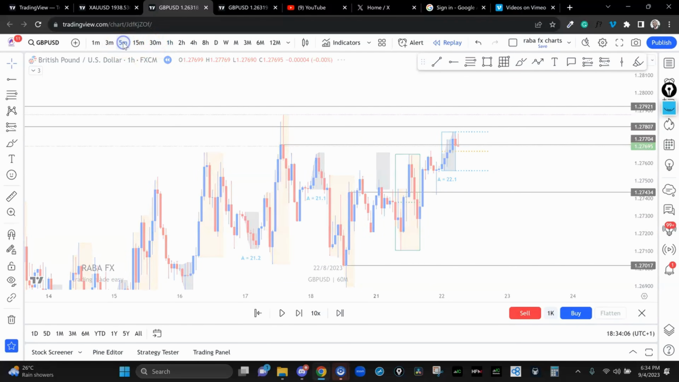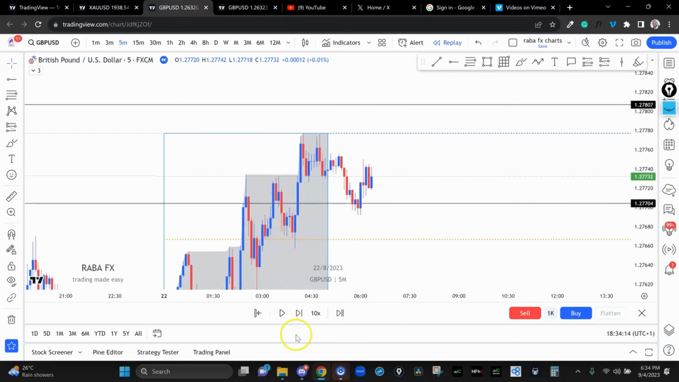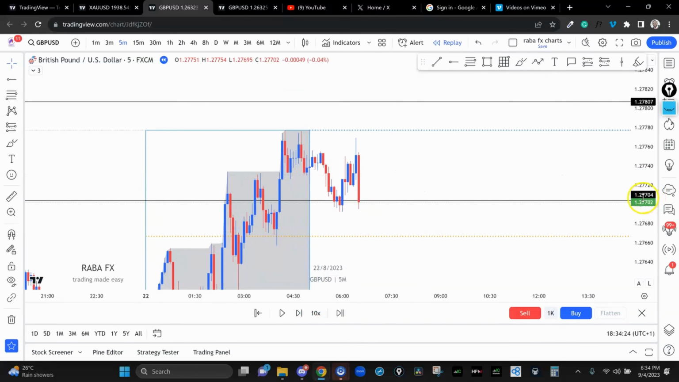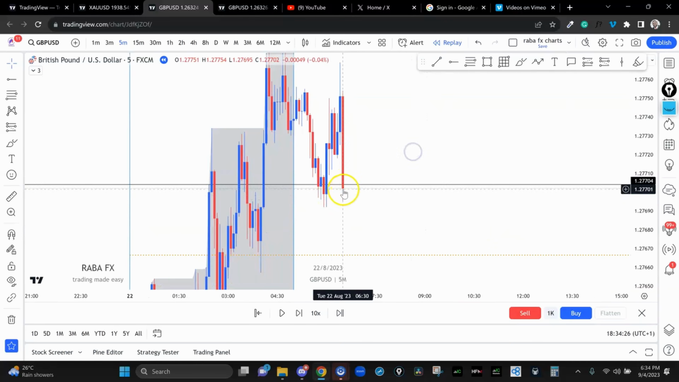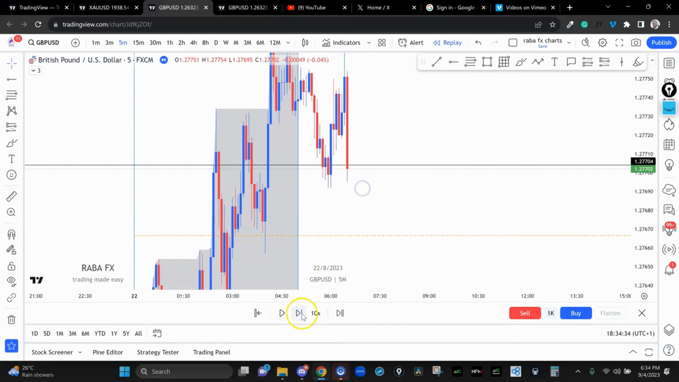So in this case now, you are going to go to your 5 minutes time frame. Now on the 5 minutes, you wait till the London session opens. Okay, so let's see. We have a close below that. Now we are looking for a retest of this. We are looking for a retest because this is a close below this level. We want a retest and a rejection,